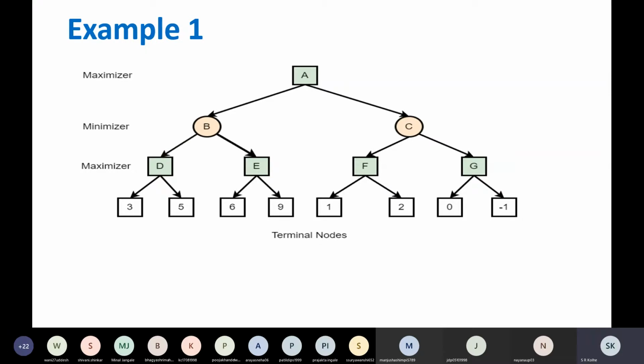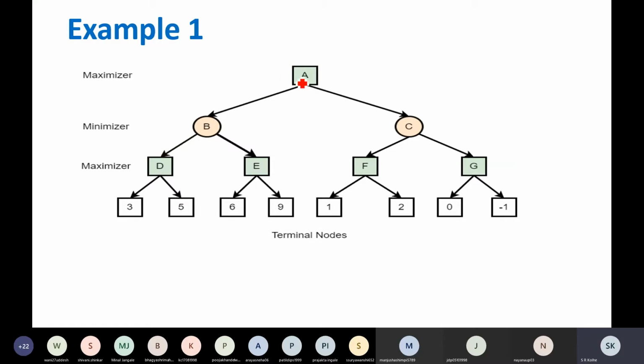The algorithm works like the minimax algorithm, that means it follows the DFS strategy. It will start with the root node and move down to the terminal node. Once it reaches the bottom, it calculates the value returned by the evaluation function for that terminal node.